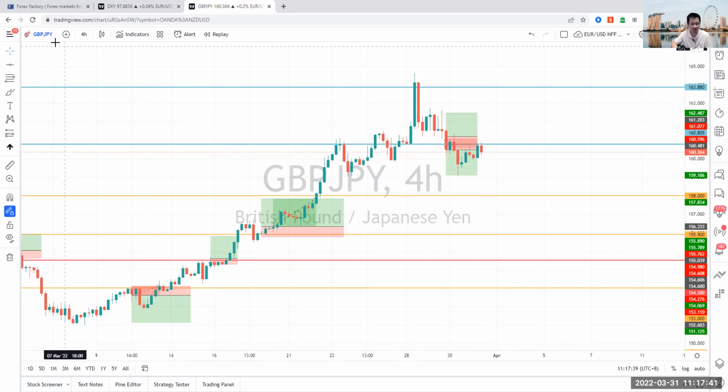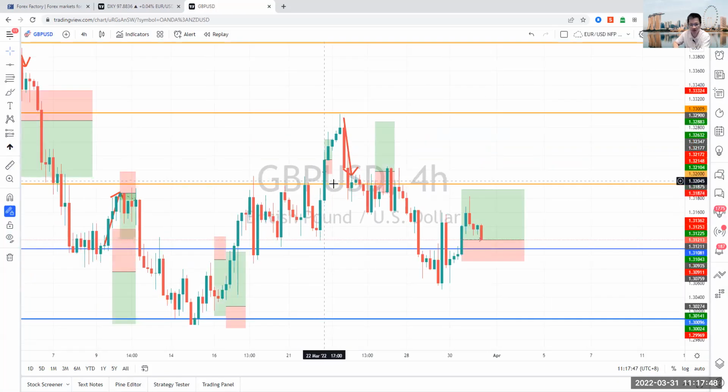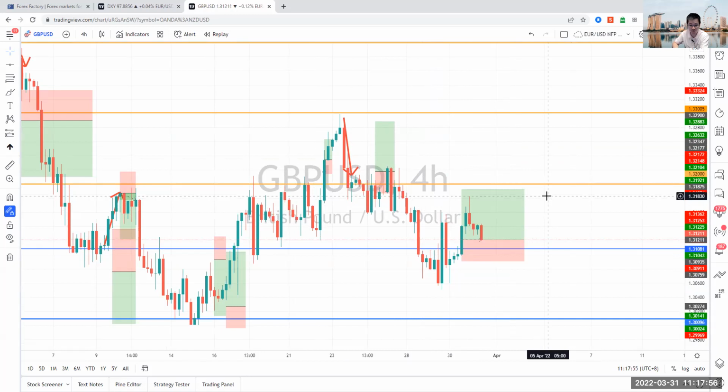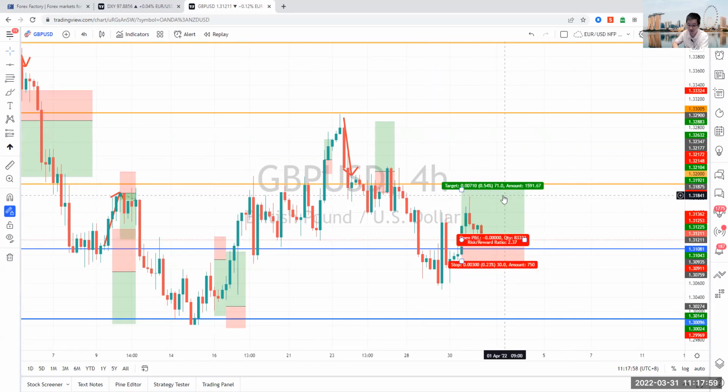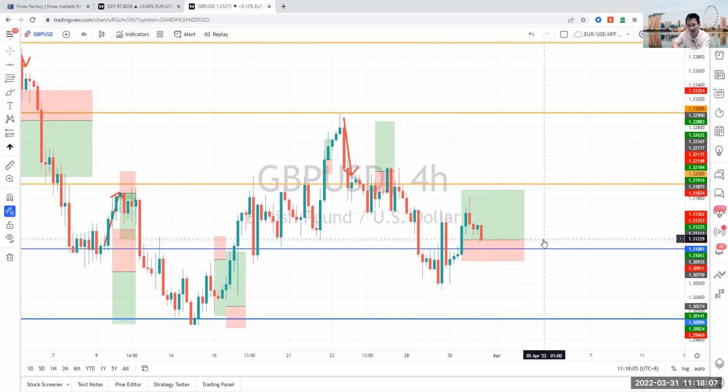Which direction the pound yen could be heading is going to be dependent not just on the US yen, but also on the pound dollar. So again, looking at the pound dollar here, we've seen that big move towards the downside. We were looking at that move up, which actually moved up towards our take profit of 71 pips. It didn't go as high, it came as much as 61, so 10 pips away from what we were recommending, and now it's coming back down again. For the pound dollar, it looks like it's run its race towards the upside. It looks like it's coming back down towards this 131 level.